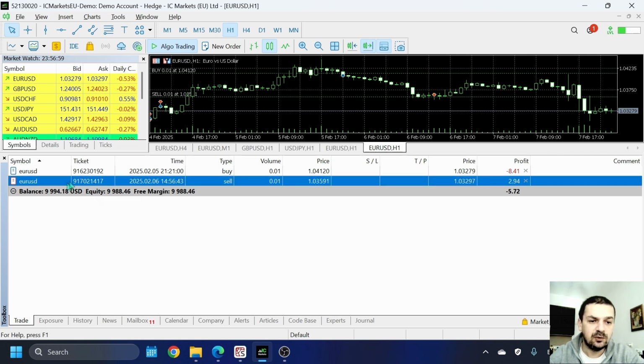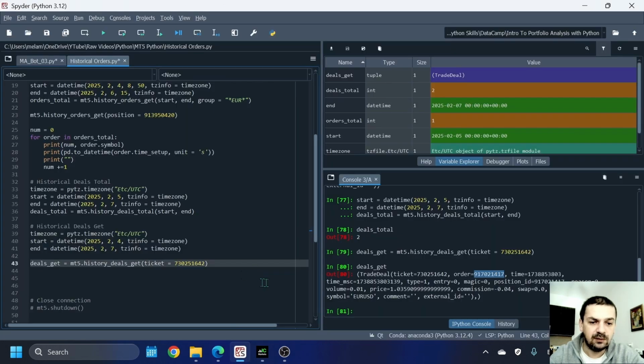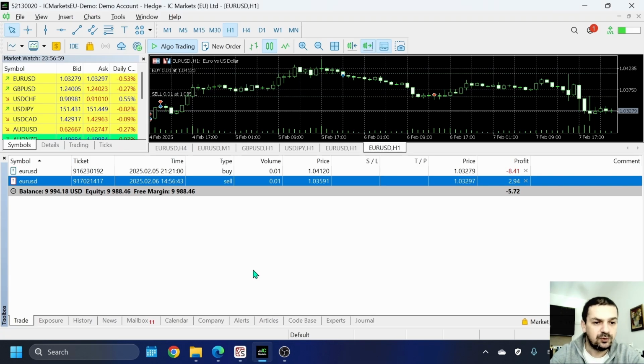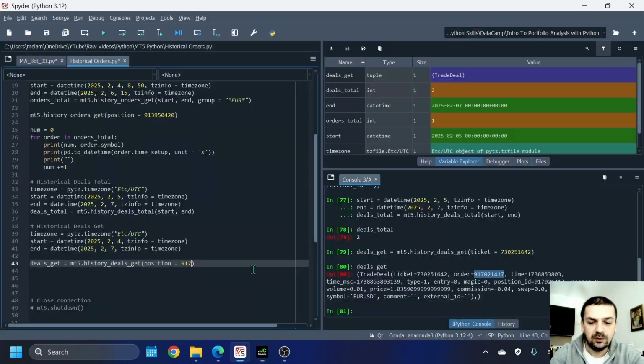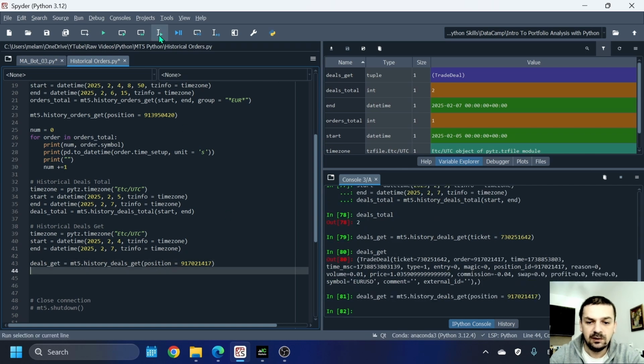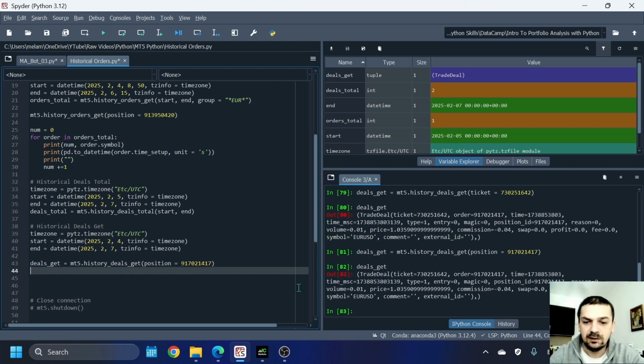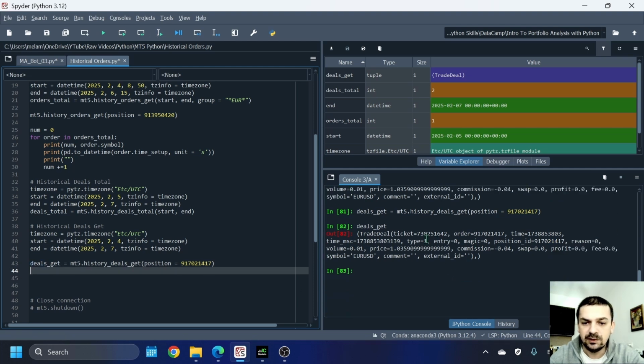So if I take a look here at the last one with the ticket number, I should rename the parameter name: position equals 917021. I think this was the number. Deals get, yes, it retrieves one deal, and here you can see ticket, order,